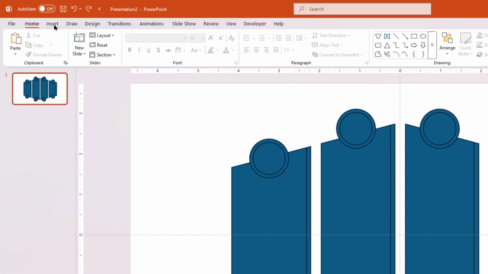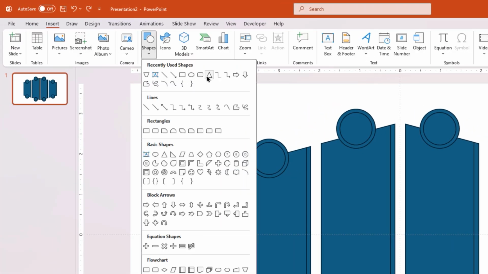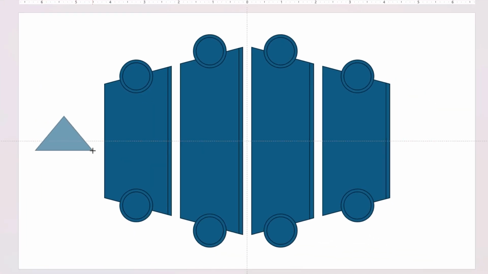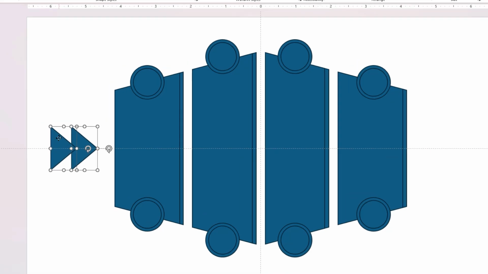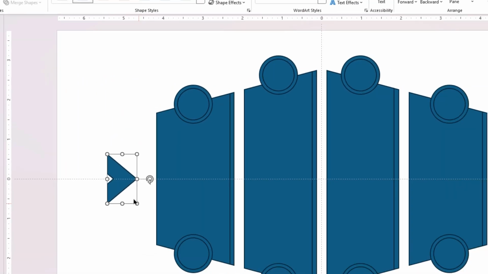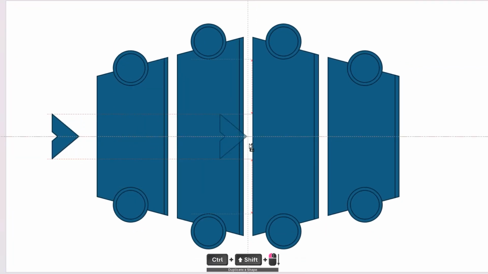Next, we will create the fish shape design using triangle shapes. Draw a small triangle shape, rotate it by 90 degrees, and adjust its size. Create its duplicate, overlap both shapes as shown, and subtract them together. Next, let's create another duplicate of this shape and place it at the front side, and then increase its size